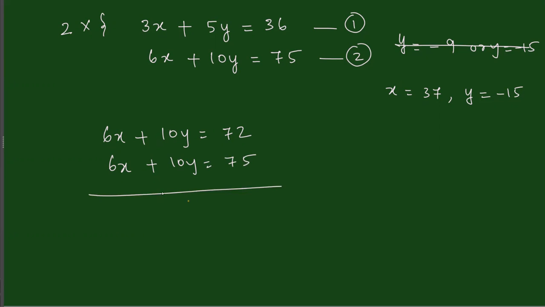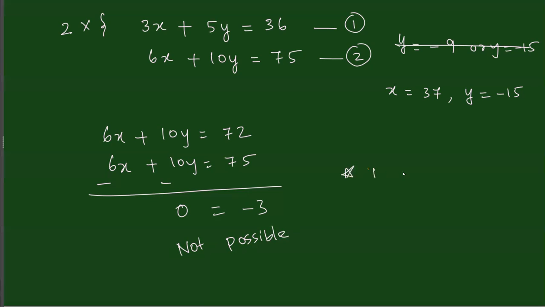So if you subtract, what are you getting? Guys, do you see what you are getting here? Subtract here. What is 6x minus 6x? 0. 10y minus 10y is how much? 0. So on the left hand side I have 0. Right hand side, what do I have? -3. Is 0 equal to -3? No. Not possible. So what can you say about these two equations? It's not possible. Exactly. So there are no solutions here.